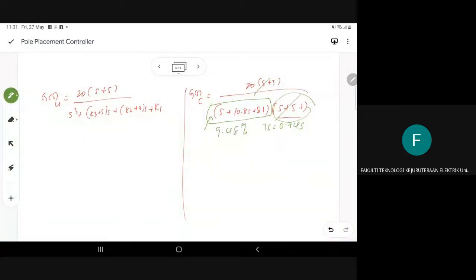However, we cannot choose the exact value because it would totally cancel out. We just want a very slight difference, because we cannot remove the zero from the original location. However, we can virtually eliminate the zero by implementing a pole that has almost the same value as the zero. Okay, so now we have S cubed plus K3 plus 5S plus K2 plus 4S plus K1, and